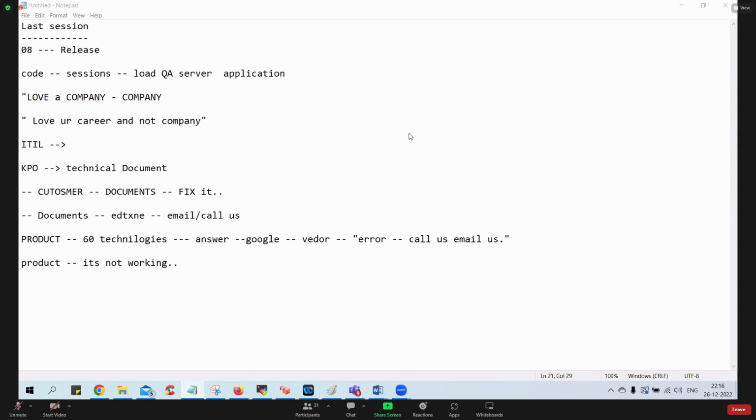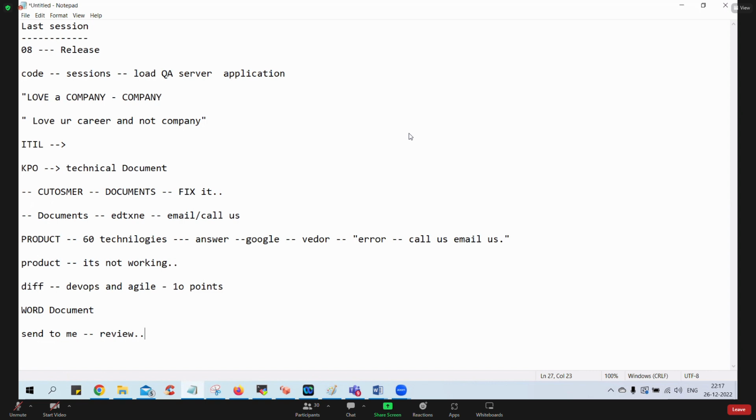Today's class, the important stuff is the difference between Agile and DevOps. You investigate on this. I want you to spend some time before next class tomorrow. Your question is the difference between DevOps and Agile. At least collect 10 points and learn them by heart. Those who are interested, please make a Word document and send it to me. That's your homework. I'll review it and check it. That's a learning for you and also preparation for you.